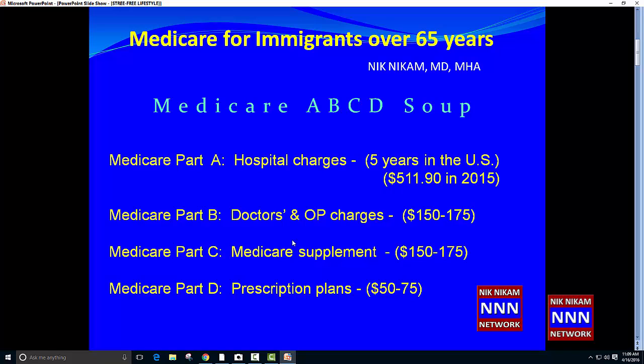Well, in fact, they can get Medicare Part A and Part B and the other supplemental insurance and prescription plans, but there are time limitations and much higher deductibles. Let's start off with Part A. First of all, a new immigrant is not eligible for Medicare Part A until they have spent 5 years in the United States. After they have been in the United States for 5 years, they are automatically eligible for Medicare